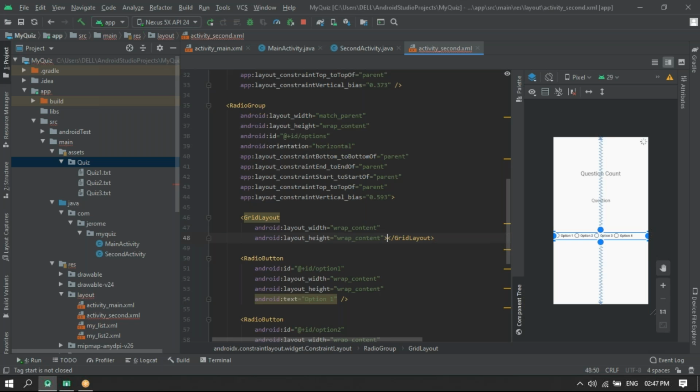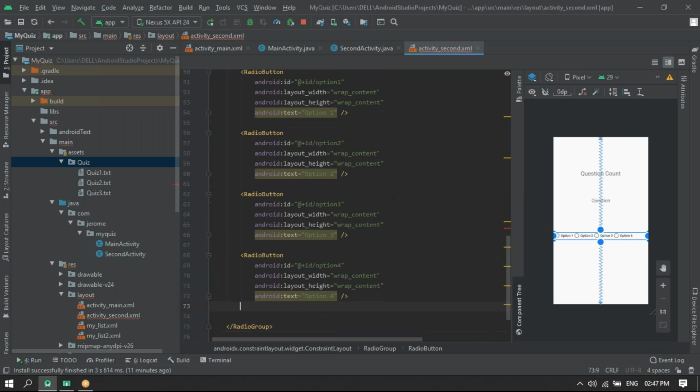Here, when you create a grid layout and close the tag, the closing tag is also generated. This closing tag should come after the reference, that is, between the opening tag and the ending tag. So now you can see that